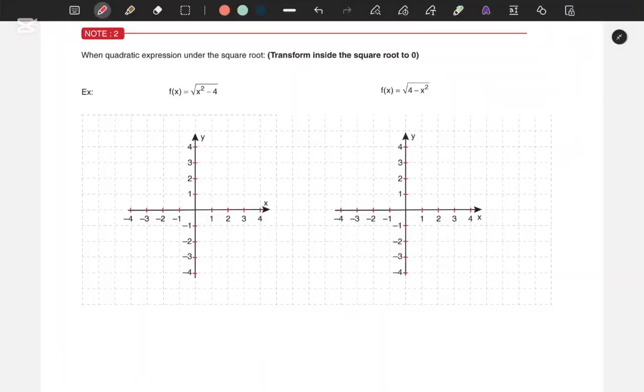In this video we are going to continue about the sketching of the graph. Here are our notes: when the quadratic expression is under the square root, transform inside the square root to 0. Look at this part, what we mentioned, guys. We say this x squared, if it is under the square root, x squared is positive